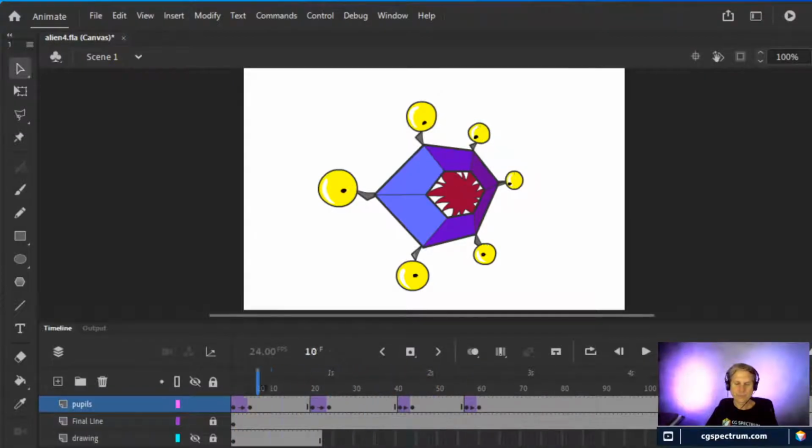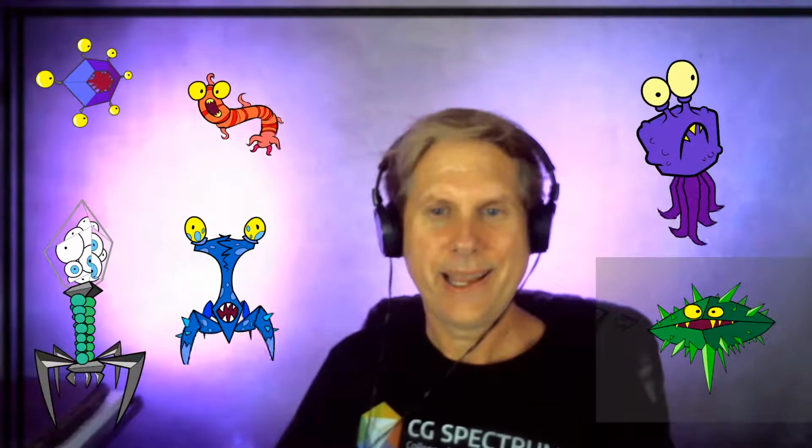So now if I go back and play these all again, you can see the difference. Look at the one in the upper corner with all the eyes, and then look at the one in the upper corner with just two eyes that are darting all around. And you can see the different looks that they have. One has a really squash and stretch look to it, and the other one is just moving from A to B to A to B and not doing a lot of squash and stretch. So that was just a result of one is just two layers.